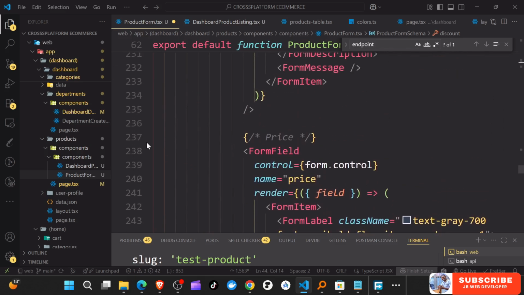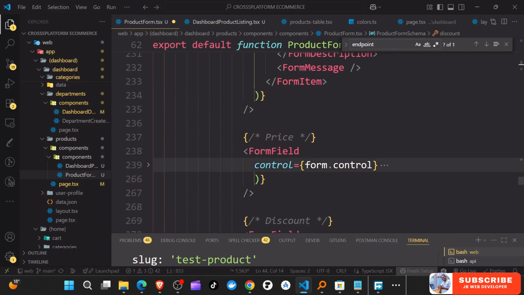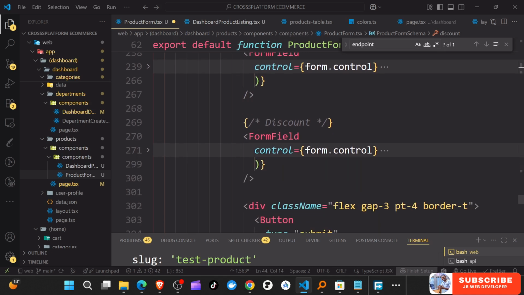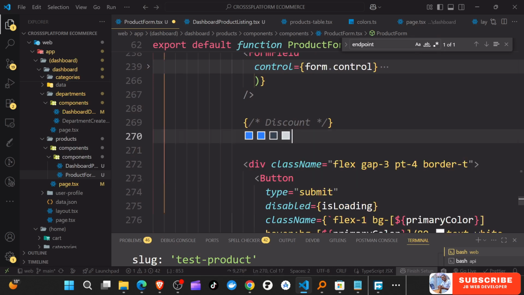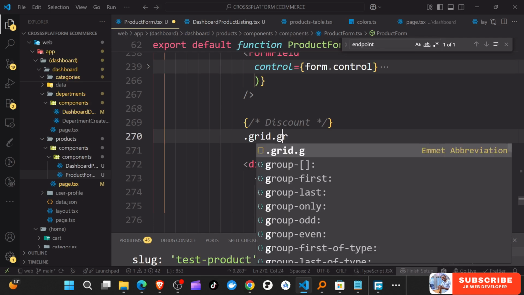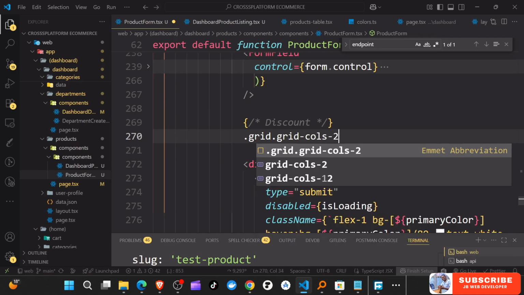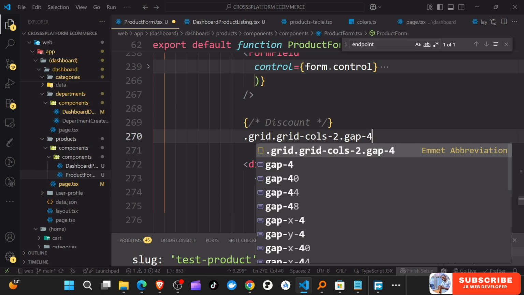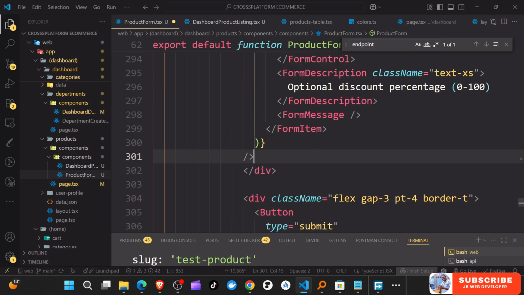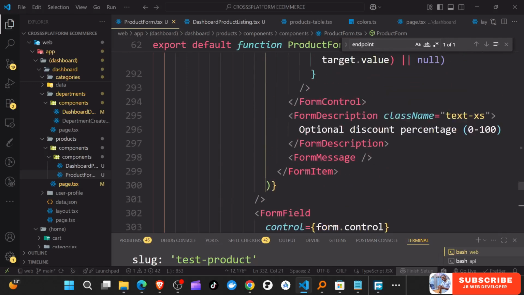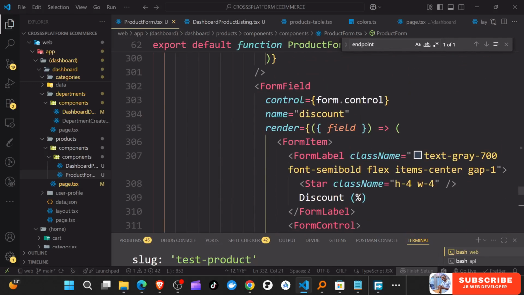Now in the form, we have the price, and then we also have the discount. So we can just group two of these ones, like the grid equals to the gap of 4. Add this and then add this. So the second one, the first one here is still the discount. So this one is going to be,